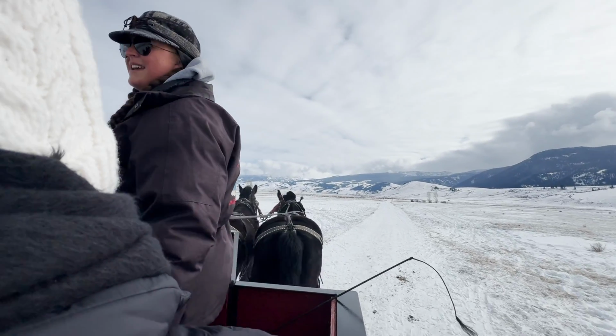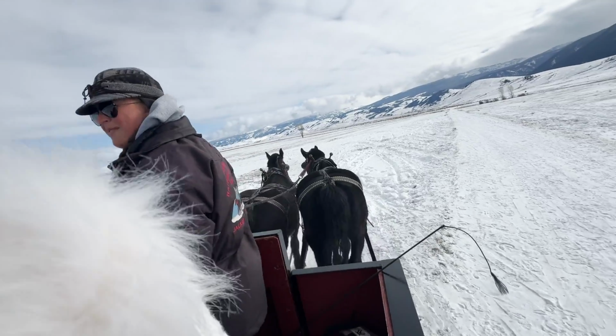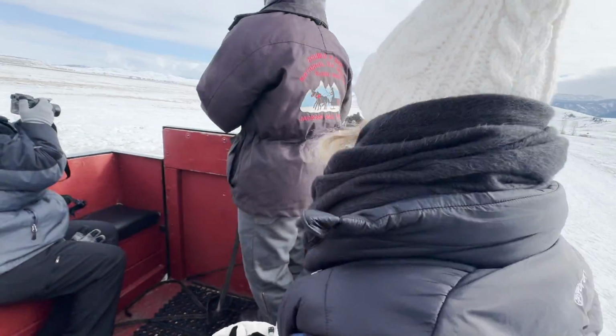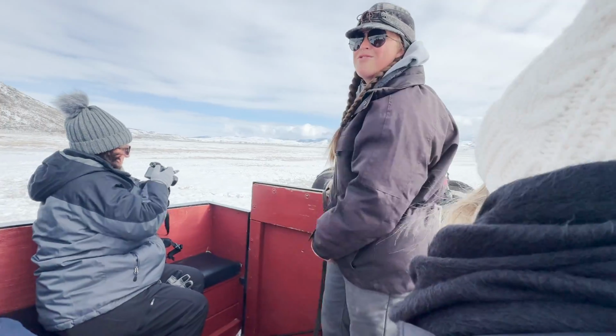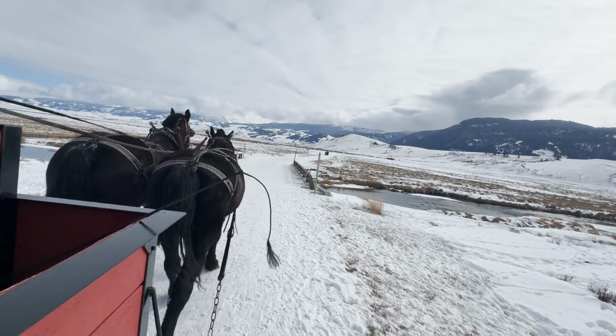These two are also my attention hogs, so if after you're riding you want to pet them and love on them, they work all day for that moment. That said, my name's Ashley, I'll be your driver. I'm 25, I'm from Dallas, Texas. You have to be very close to something, so especially